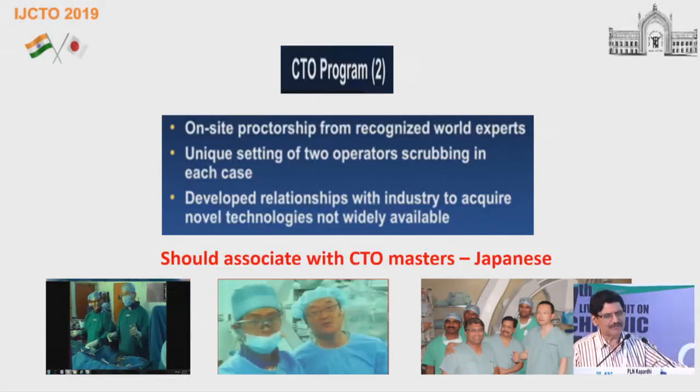And for developing the operator skills, these are most important. On-site proctorship from recognized world experts, especially our Japanese senior colleagues, is most important. And the unique setting of 2 operators scrubbing in each case is most mandatory. And developing the relationship with industry to acquire novel technologies not widely available. So we should associate with CTO masters like the Japanese for developing a CTO program, which we started in 2006 as a